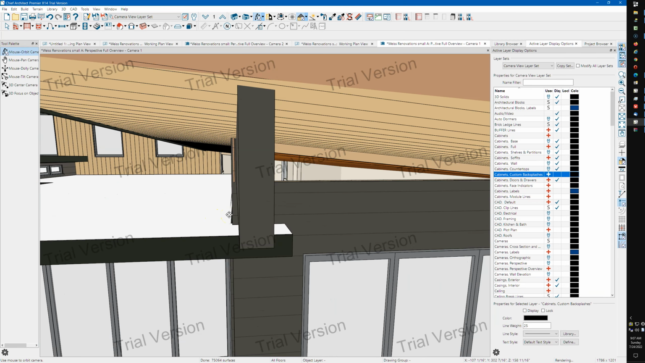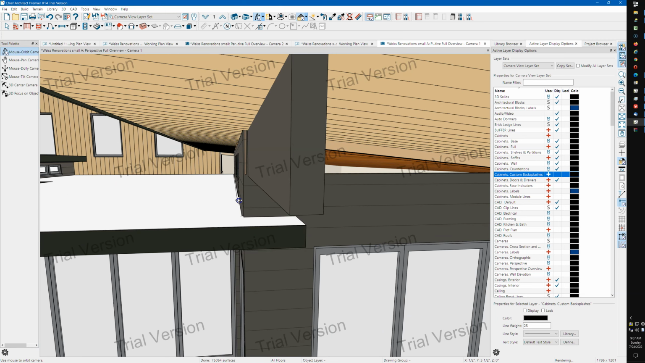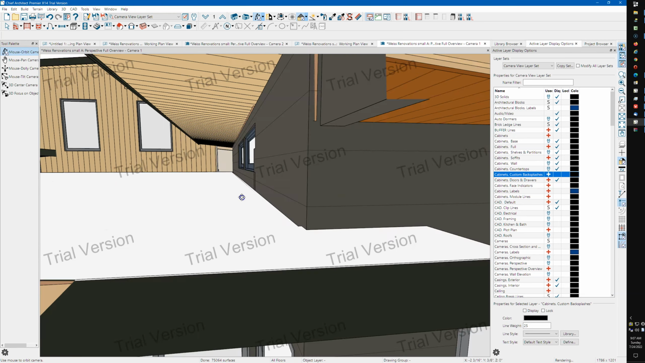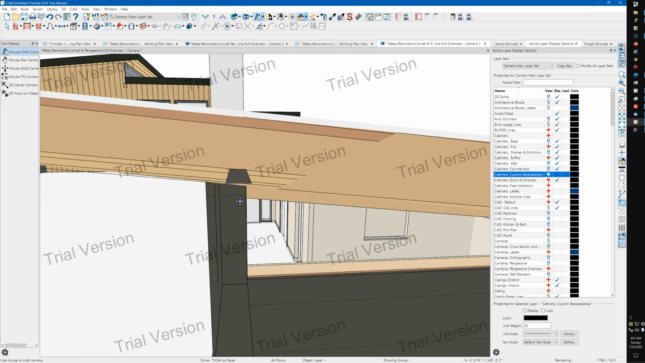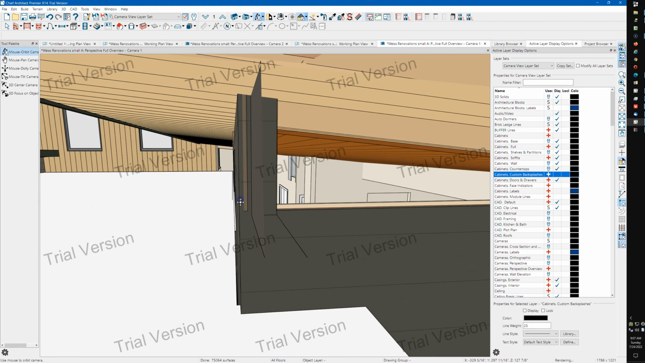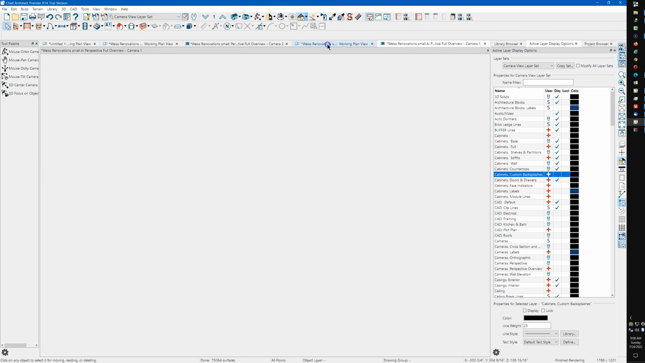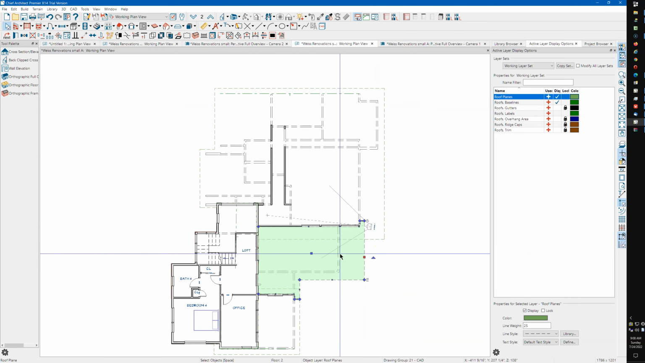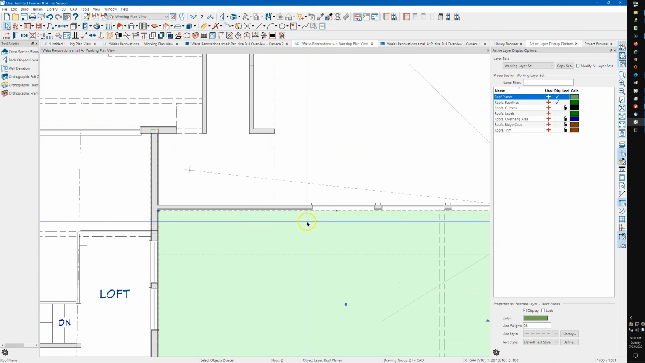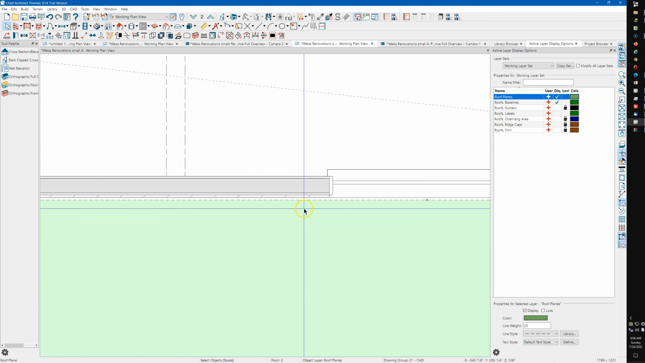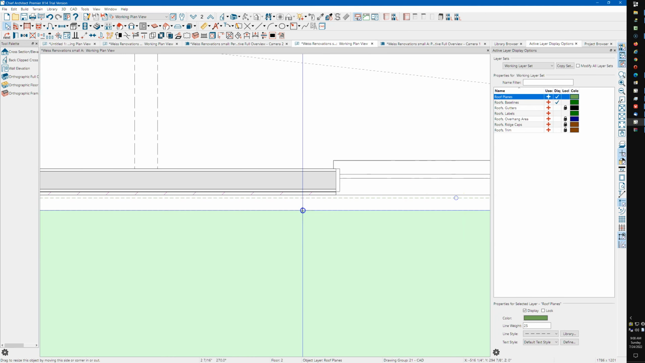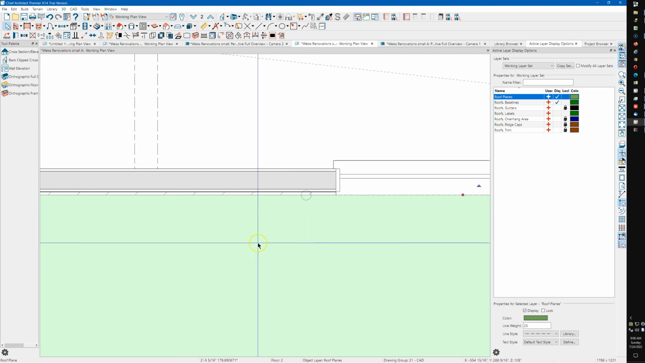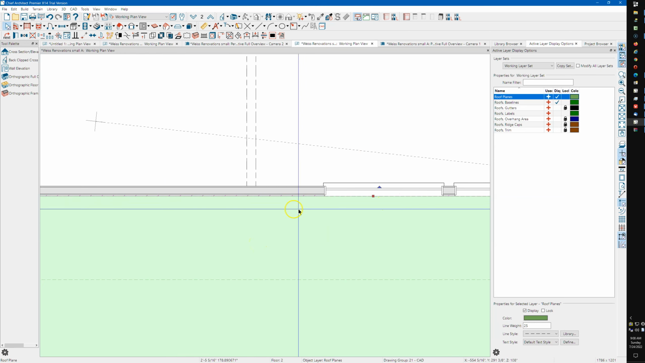You can see right in here, it's kind of hard to see, but this roof plane is not butted up against this wall. If you zoom in here, here's the edge of the roof plane. And now it is. Little bitty things like that will affect